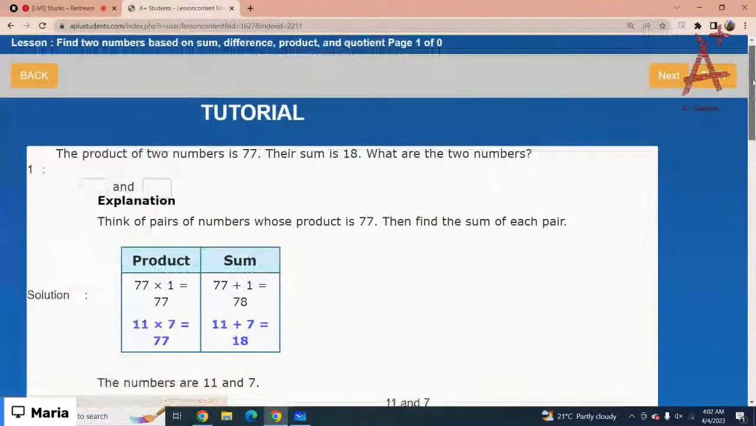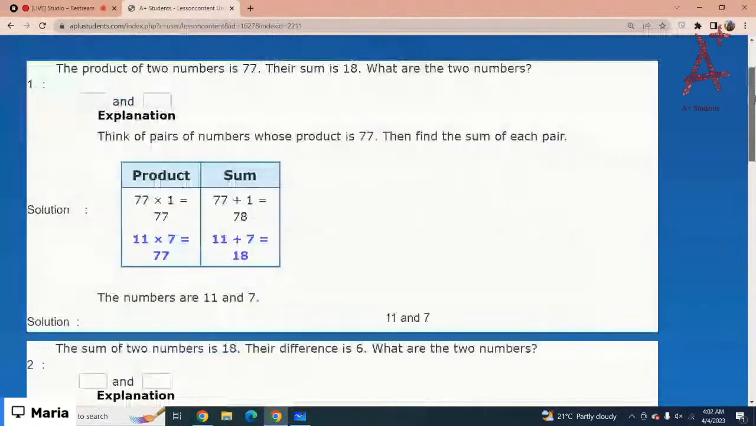Okay, the product of two numbers is 77. Their sum is 18. What are the two numbers? You have to find the two numbers. When you add them, their sum is 18 and when you multiply them, their product is 77. Got it? So think of the two numbers whose sum is 18. They are